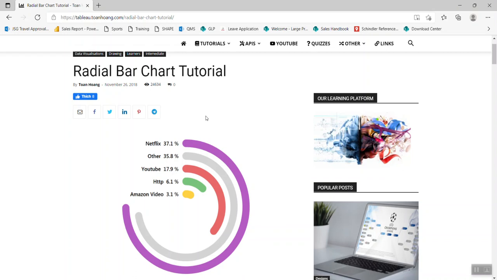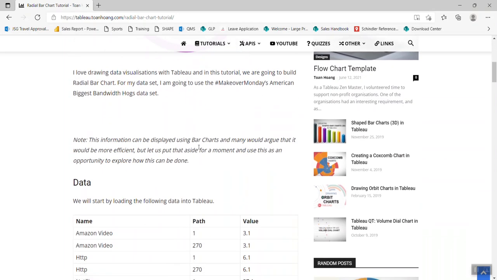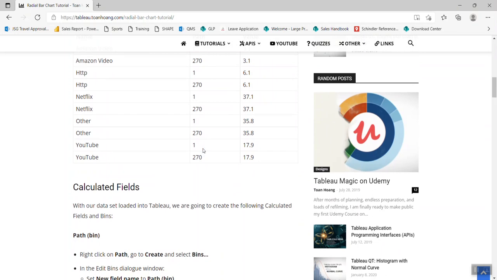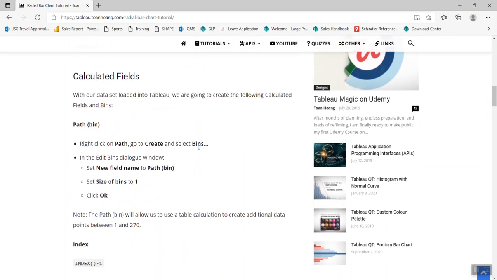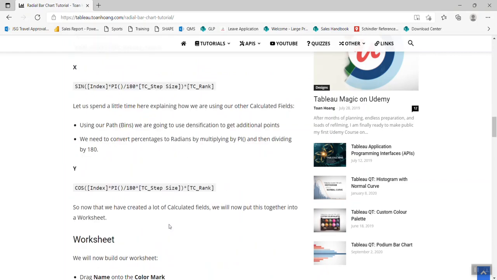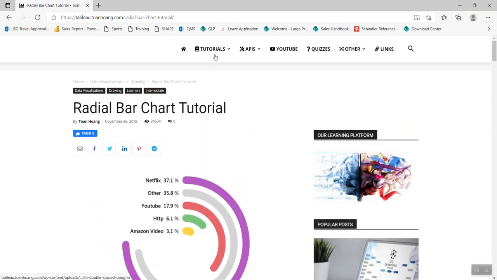but of course reading the way to build it doesn't mean it includes the explanation, the rationale, how and why he built this, and why and how he put the calculated fields like this, right? I saw in the